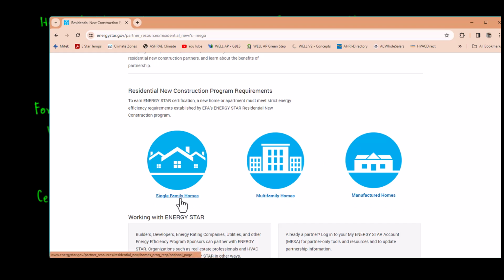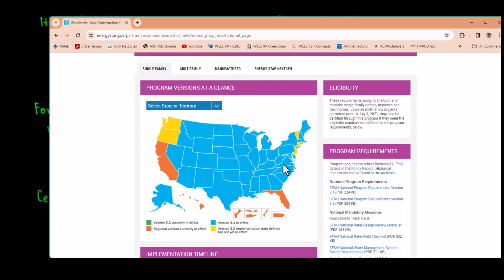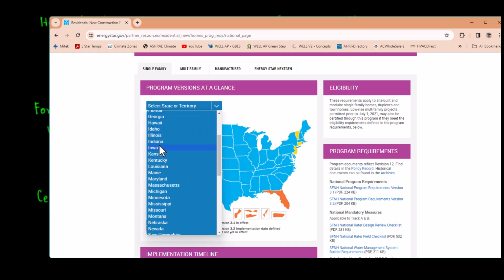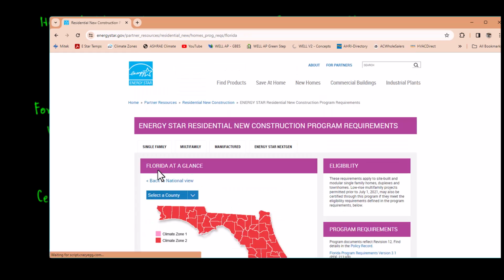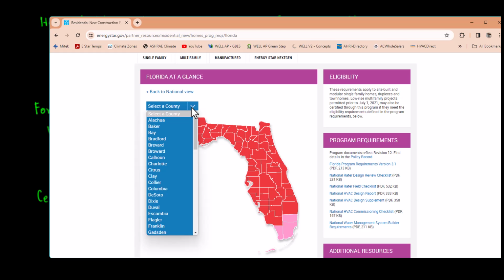For example, if we're going for a single family home, it's going to ask you about location. All right, so we've talked a lot about DC, DMV, and New York City and everything. So let's check Florida, for example. If Florida is here, you're going to select state or territory. You're going to put in here F. What is the F? Florida right here. Florida, and it's going to ask you about the county. What county are we going to look at? Let's check the most popular one.